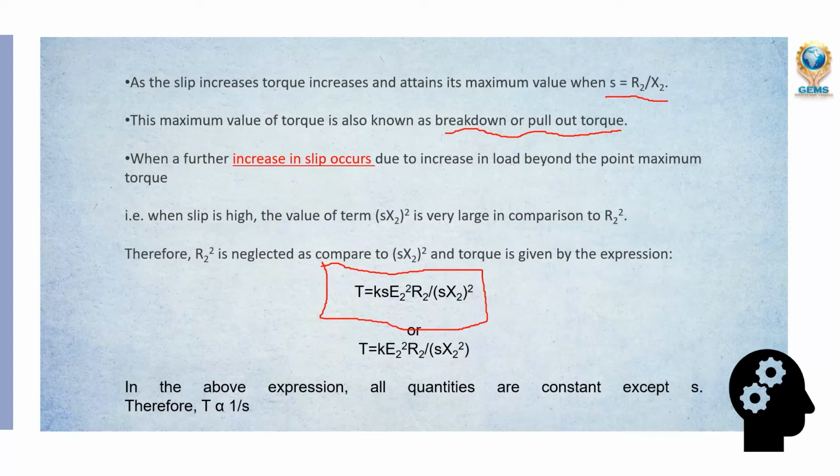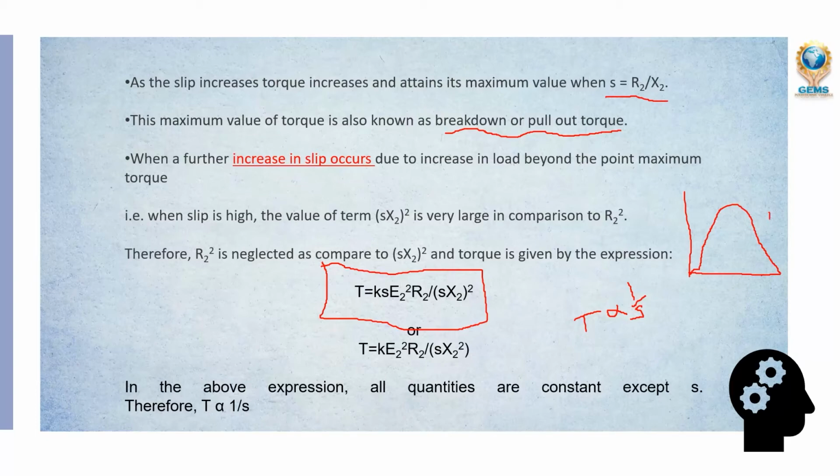In the denominator you will get one S. So if you take all the remaining quantities, K, E2, R2, as constant, we can write that T is inversely proportional to slip. We saw that diagram also. In the low slip region the torque is increasing, and then in the high slip region, that is the unstable region,